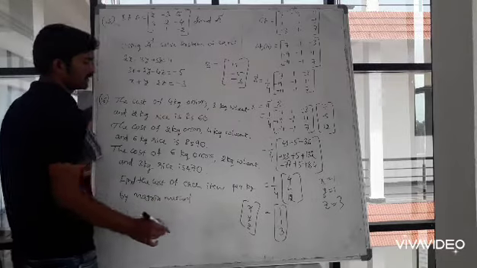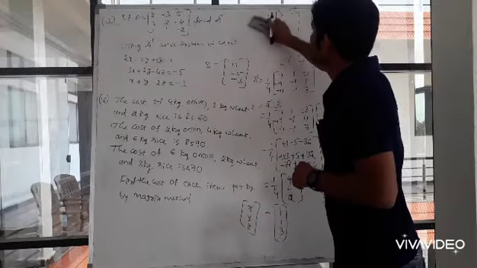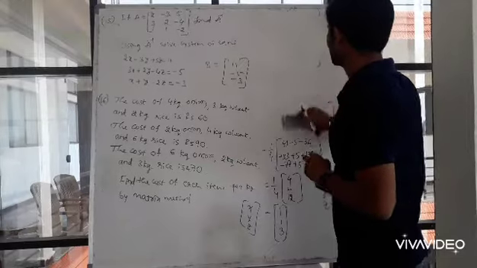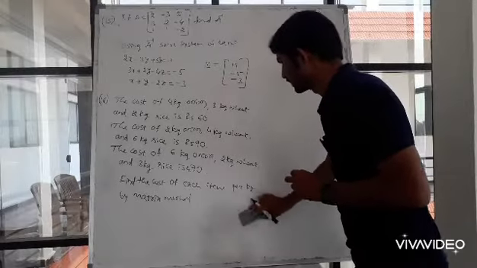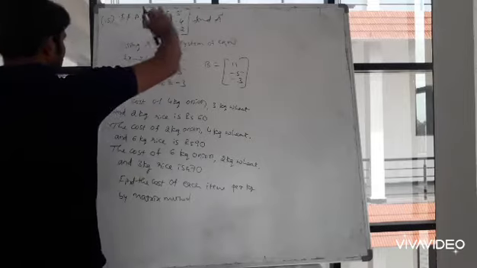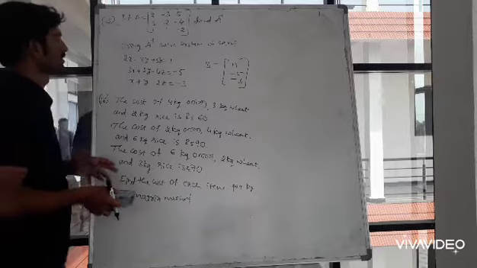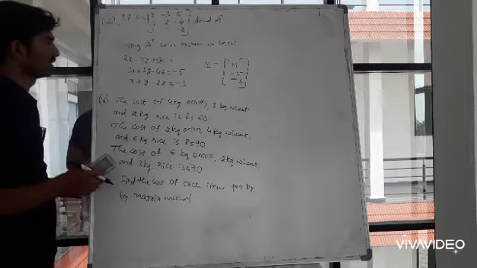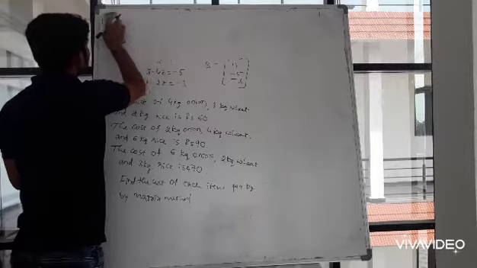This is an application type example. They have given it in words, and we need to form the system. First of all, we need to convert the wordings into mathematical form, which means in terms of equations. If you convert it in terms of equations, it will be easy to calculate by using the matrix method. We already know how to simplify and calculate once they have given equations. So first, how to convert them.